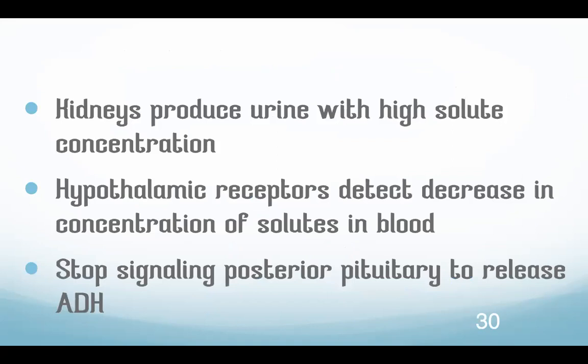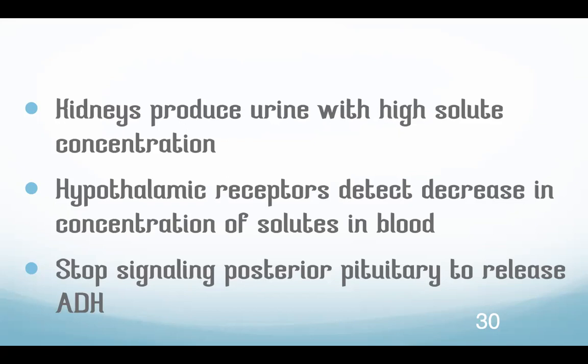So ADH is going to be released by the posterior pituitary, because remember, your brain is monitoring all of the internal conditions going on in your body, all the internal environment. So when the brain detects that the concentration of solutes is too high, the hypothalamus tells the posterior pituitary to release ADH. Okay, ADH targets the kidneys, and ADH tells the kidneys to reabsorb more water so that you're